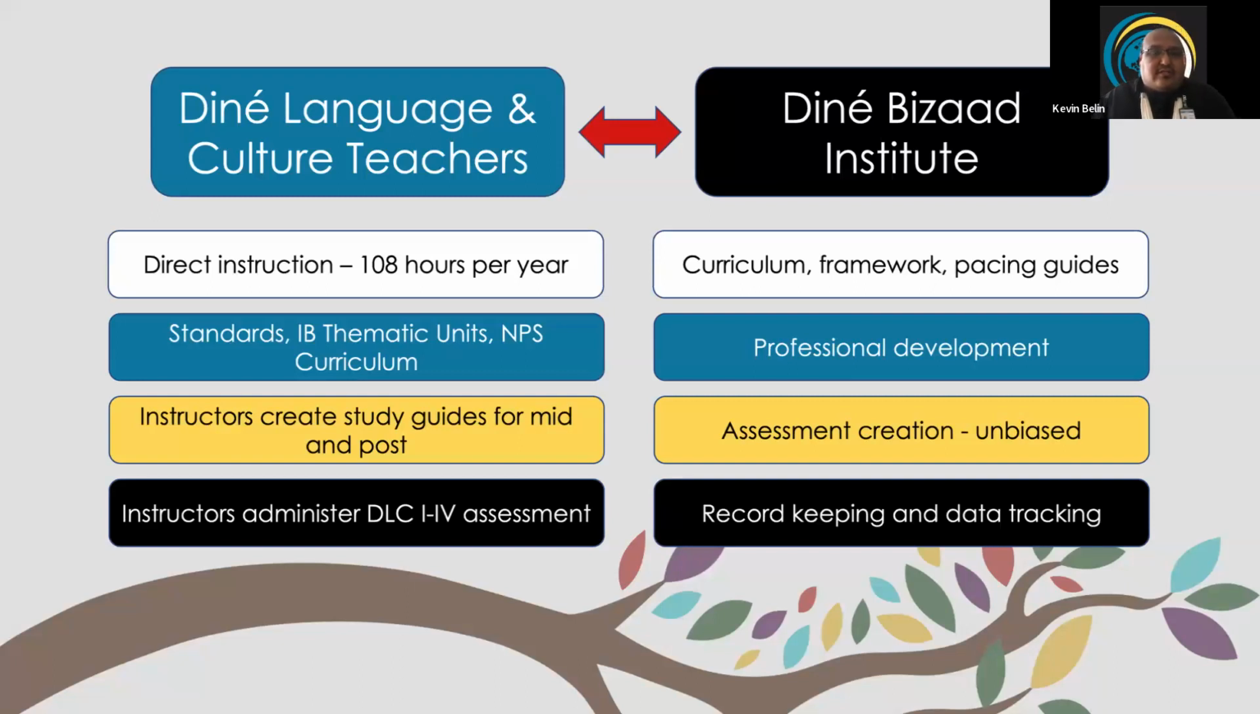And so when we look at the structure for this, the language and culture teachers are on the left, the Nevazad is on the right. And again, we try to keep them separate. I'll get to that, but instruction per year is 108 hours. Over the course of 4 years, if they take Navajo all 4 years, that's 436 hours. So that's not nearly enough for a student to become proficient, which is why we also include our